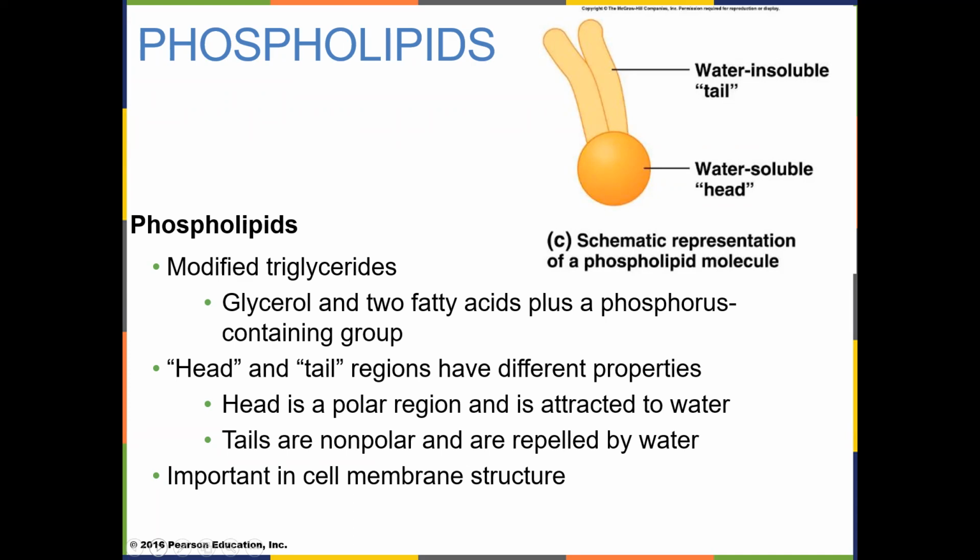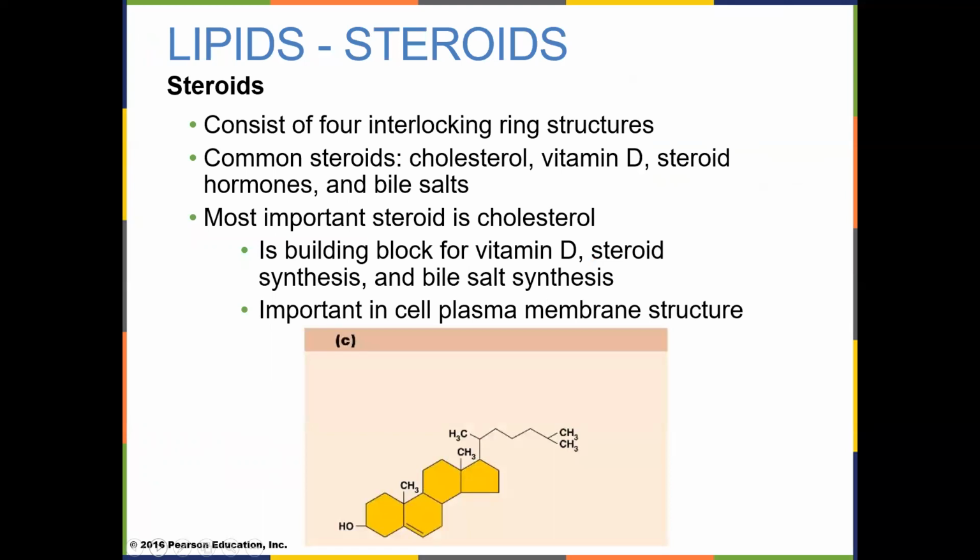We have 2 of these, 2 layers forming the membrane, both of which have the head, the round area, on the outside or the inside. So lining the inside of the cell at the membrane, you have the heads. Lining the outside of the membrane, you have the heads, and you have the tails in between. And this is very, very important. This is how all of our cell membranes and every membrane in our bodies are made, with these phospholipids.